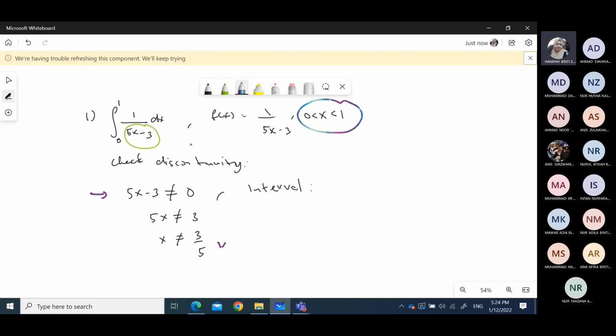So maknanya yang ini adalah improper or not improper? Improper. Betul. Okay, so this one is improper integral. The improper sebab in between this interval, it has 3 over 5, while x cannot be equal to 3 over 5. Tapi 3 over 5 ada dalam interval yang ini. So this one maknanya this integral is improper integral. Okay, so the reason, kita boleh katakan reason dia dekat sini adalah